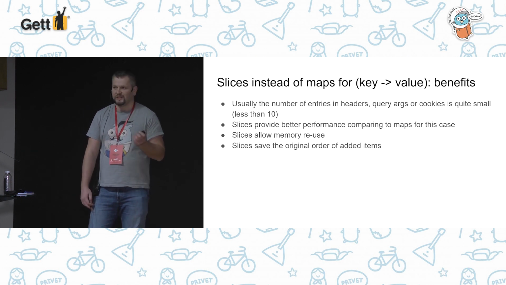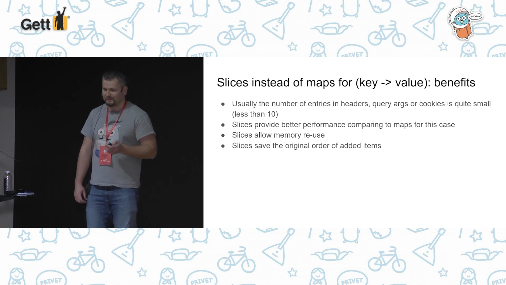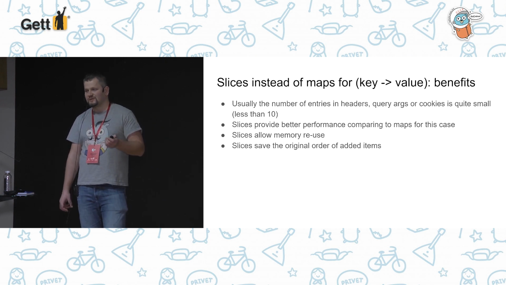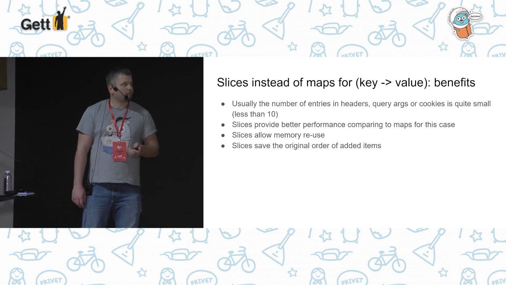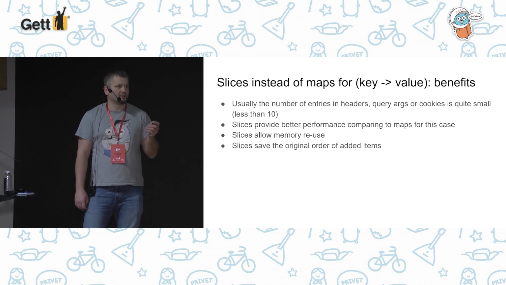And just like I've shown in the previous slide, slice maps allow reusing memory as opposed to usual maps. So we can use the same slice map many times and thus save on memory allocation. And there's another feature